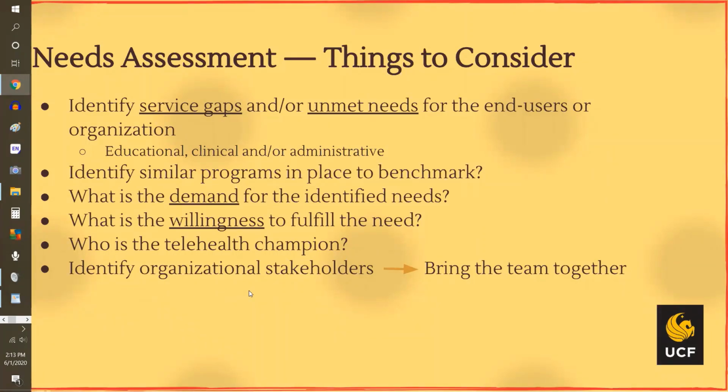And last but not least, you should really start finding who are those stakeholders within your organization, who are those key players that are going to support your initiative to create this telehealth program. And you have to start from the executive level, right? Administrative, management. Who are those key players there that are going to back you up?